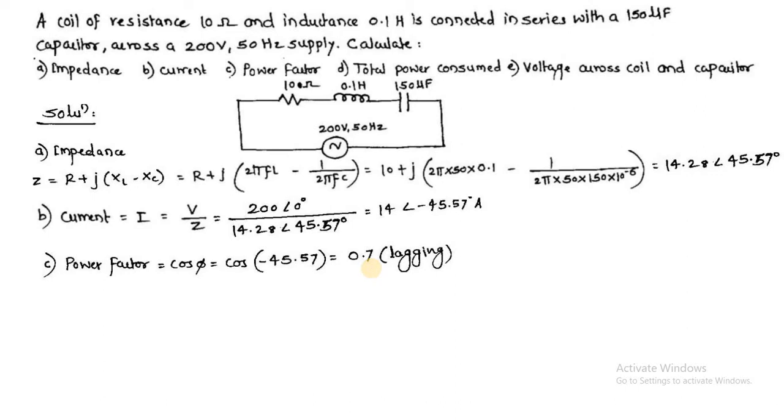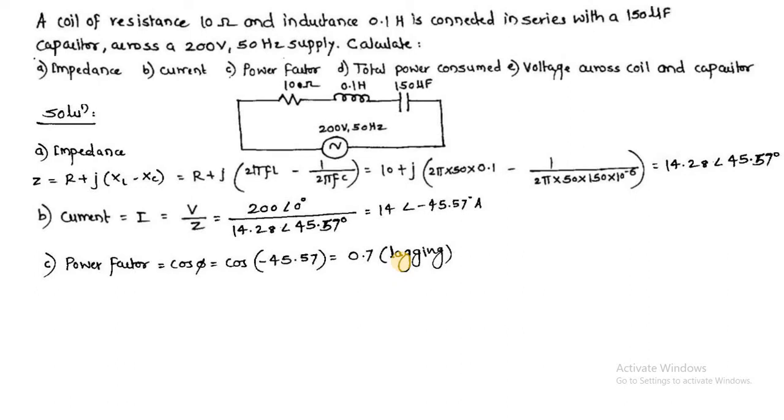Now the fourth parameter, that is total power consumed. Here they ask for total power consumed, because I said that when they are only asking to calculate total power, they are not mentioning any name, they are not mentioning a specific type of power. It means by default you have to take your real power, that is P, and that P in the RLC series circuit we have seen now.